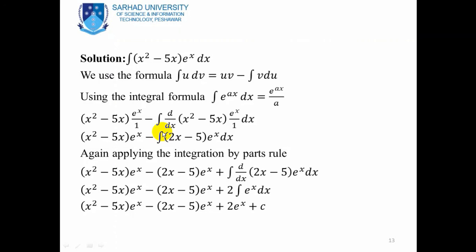And after applying the integration by parts formula, at some stage the question will be repeated. So at the start, consider the question equal to I. Then in the obtained result, when the question is repeated, put I for that term and shift I from the left-hand side to the right-hand side. We obtain I plus I, which is equal to 2I, and then dividing both sides by 2 you will obtain the result of the given